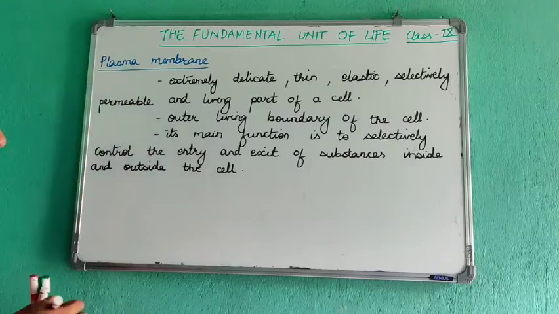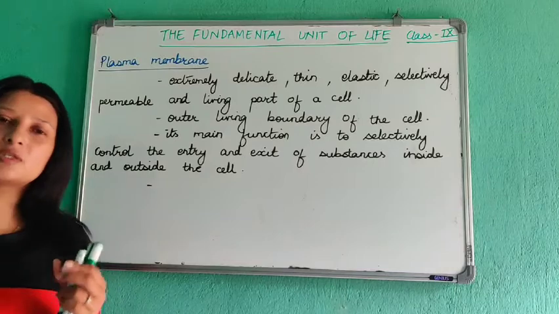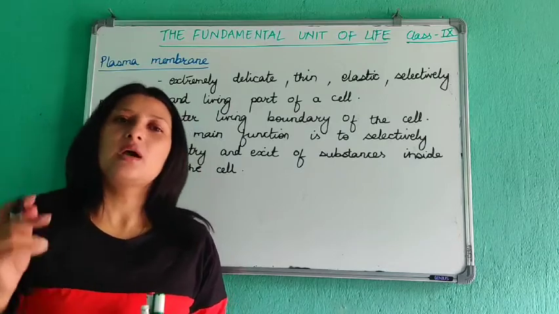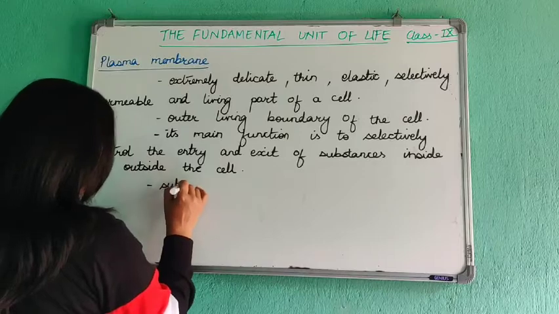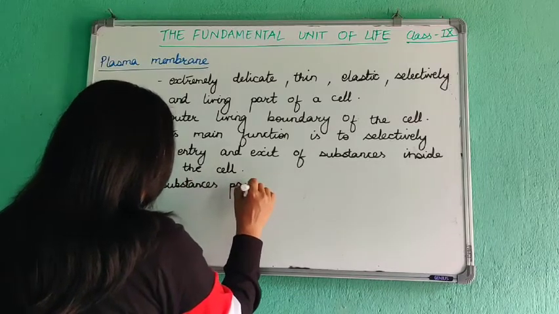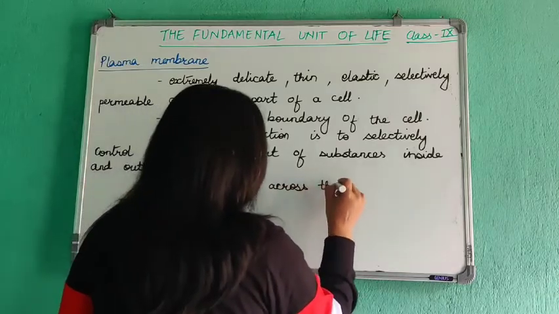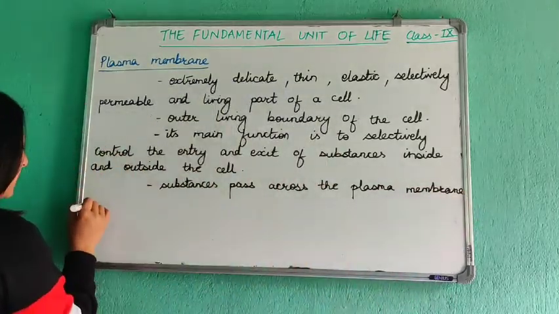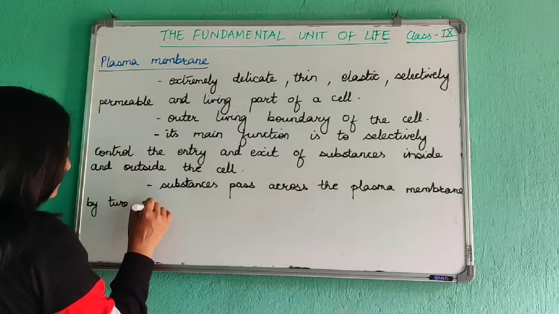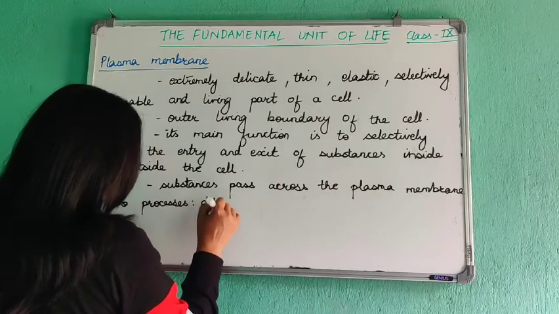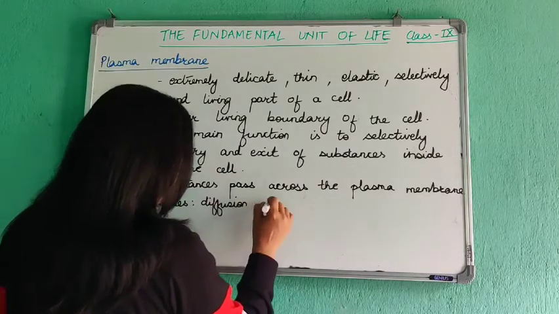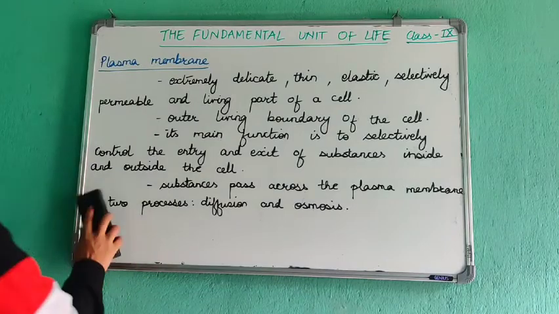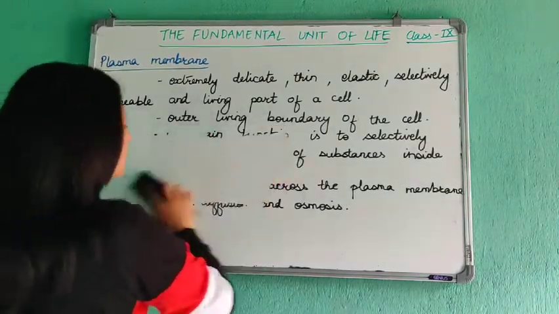पर्मिएबल पनि भनिन्छ ओके. यसको फंक्सन र when substances pass through the plasma membrane the substances pass using two methods, any of the two methods, diffusion and osmosis. So substances pass across the plasma membrane by two processes, that is diffusion and osmosis. So let us understand what is diffusion and osmosis. Okay, so diffusion, we have already studied about diffusion